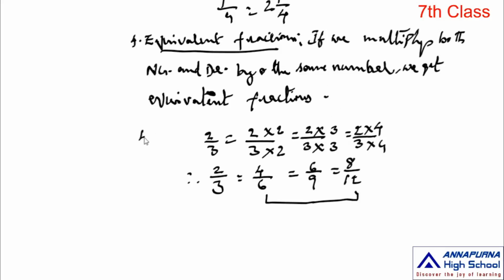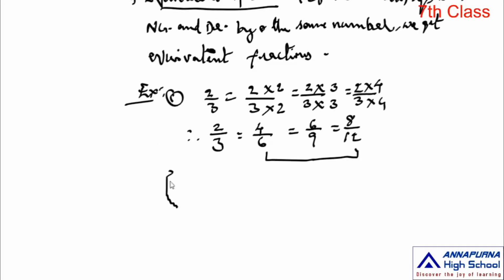So this is the best example. Example 1, 2 by 3. So we can write another. Let me write one more. Say 4 by 9 is there. Write some equivalent fractions for 4 by 9, say multiply by 6